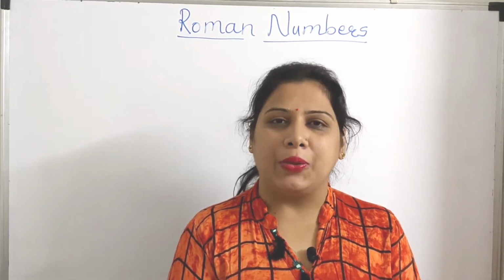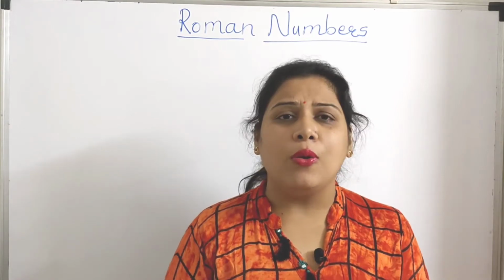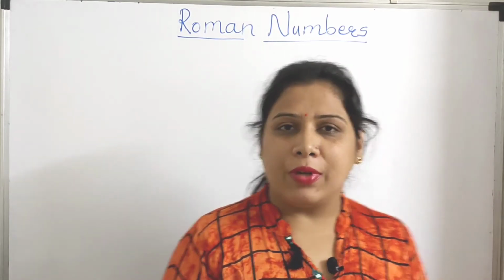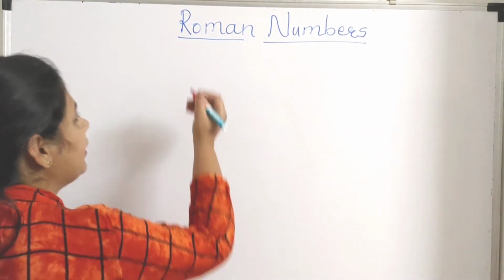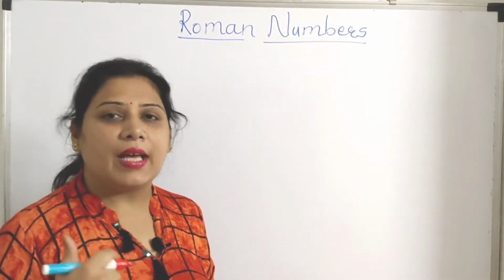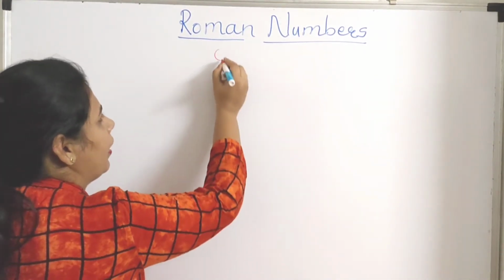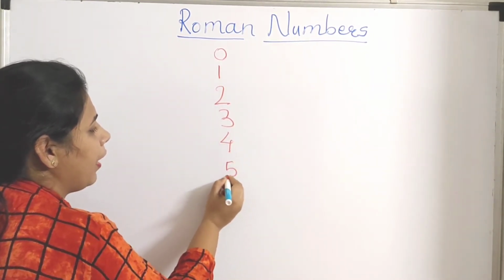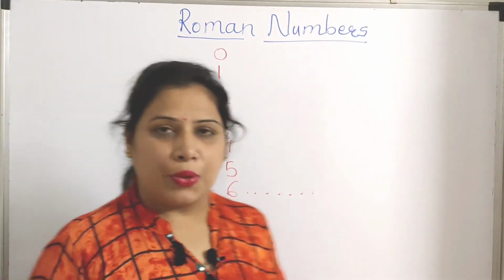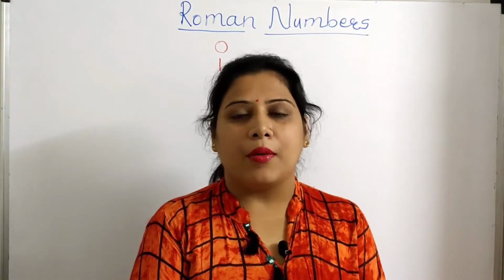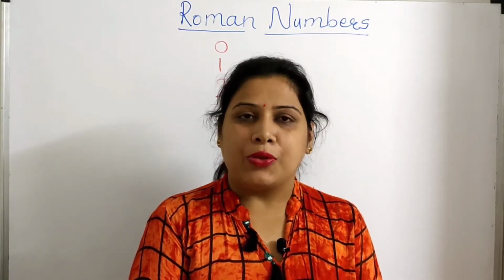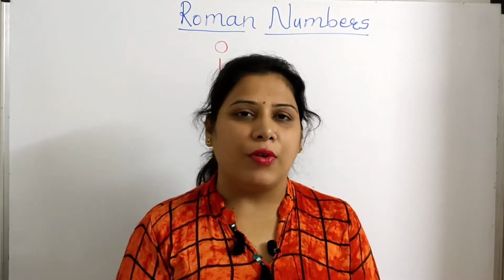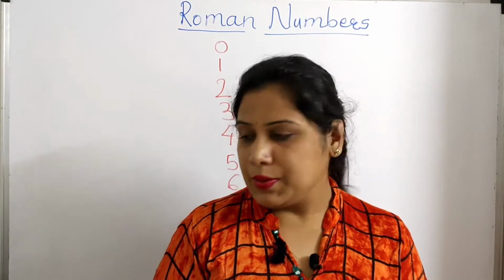Today I am going to tell you about the Roman numbers. We all know the numbers 1, 2, 3, 4 and 5 and so on. We can write that also. The numbers in the Indian number system and the international number system are written as 1, 2, 3, 4, 5, 6 and so on. But when Roman numbers come, the writing method is a little different. So how can we write the numbers into the Roman number system? In this lesson we are going to learn about the Roman numbers.